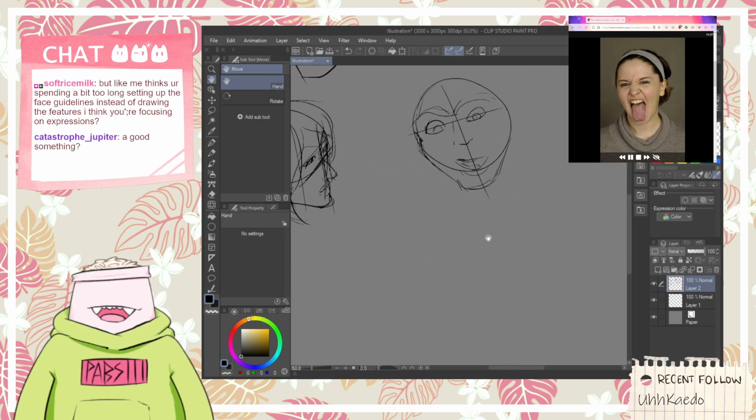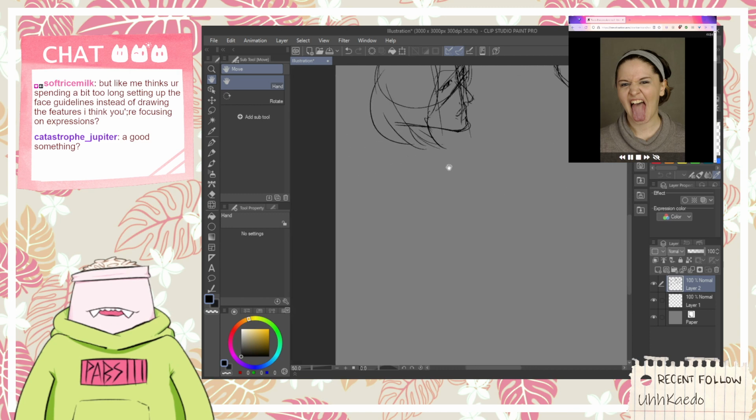A good something? Yeah. But methinks you're spending a bit too long setting up the face guidelines instead of drawing the features. I think you're focusing on expressions. Oh, that's true. If that's the thing you were saying was unwarranted, that is completely warranted. But the thing is, right, let me pause this time here. That is kind of also the point of the study, because